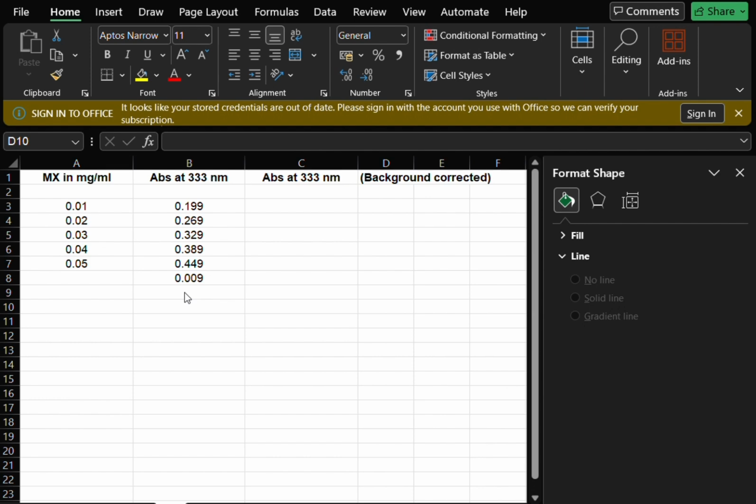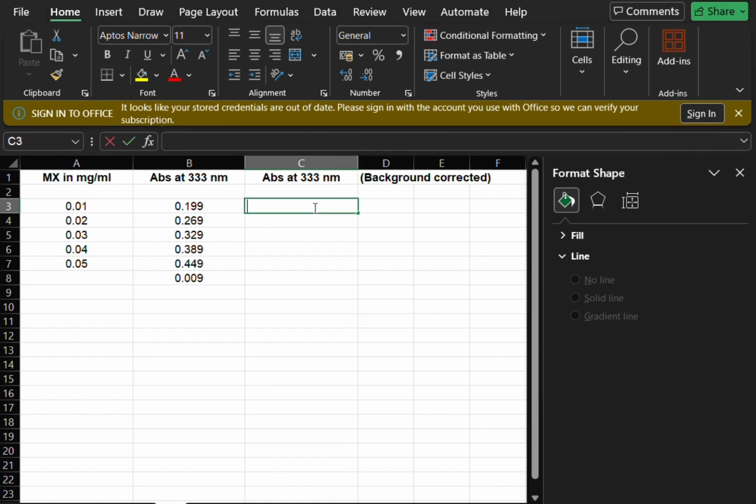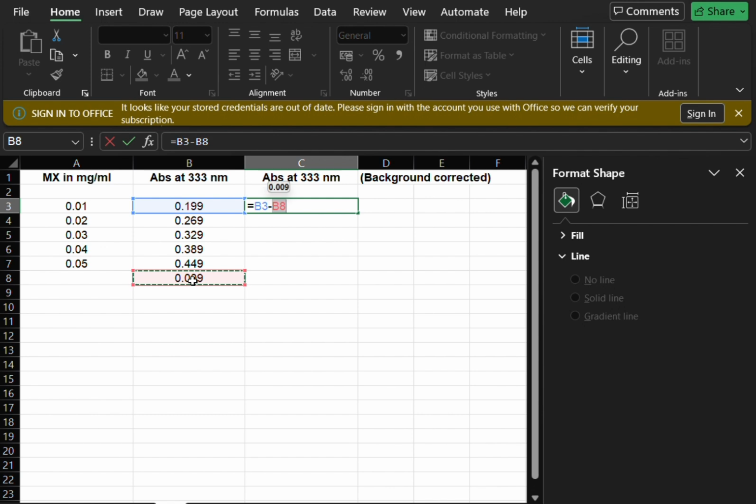It is very important that before creating your graph or standard linear curve, your absorbance values must be background corrected. And how do you do that? Just simply click the equals to sign here and click on the column from which you want to subtract this error value. Then click on the subtraction sign and finally the column which you want to subtract. Here I'm going to give you a simple tip: you need to write the dollar sign before and after the column. What it will do,